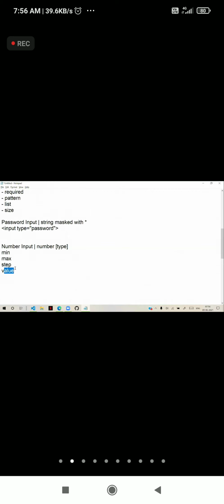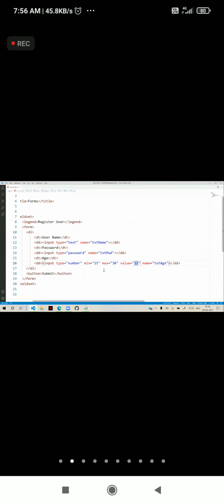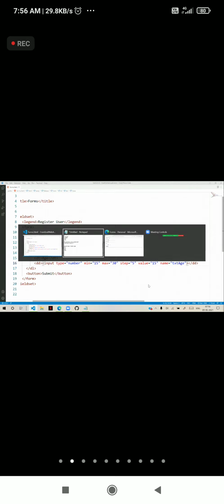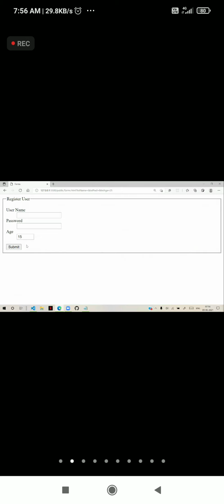So we have minimum, maximum and value. You also have the step value. When I define step as some 5, and value is suppose 15, you see now this is 15, and when I click up, it will be 20, 25, 30, 35. So it will be a 5 value increment.